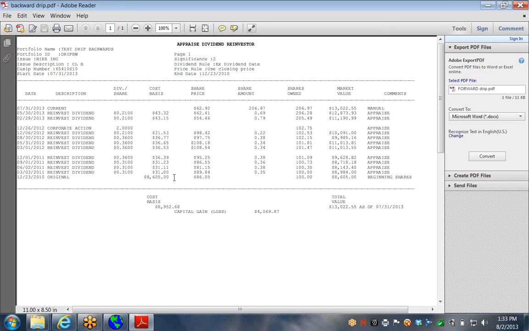And back to our original position, which is 100 shares at 86.05 per share for a cost basis of 8605. And you can still see that your capital gain and loss was 4069.87 going in either direction. And that really is how simple the Appraise Dividend Reinvestor is to do these calculations for you going forwards and